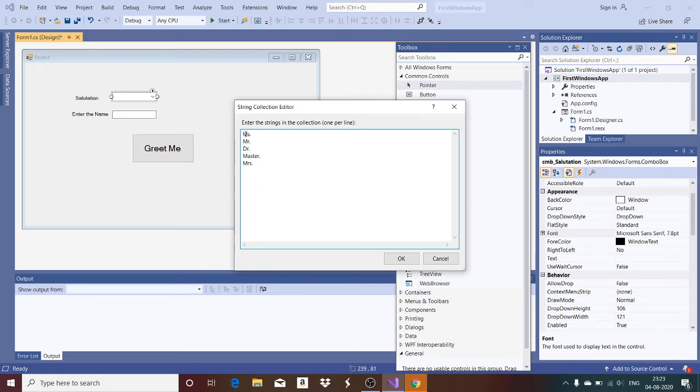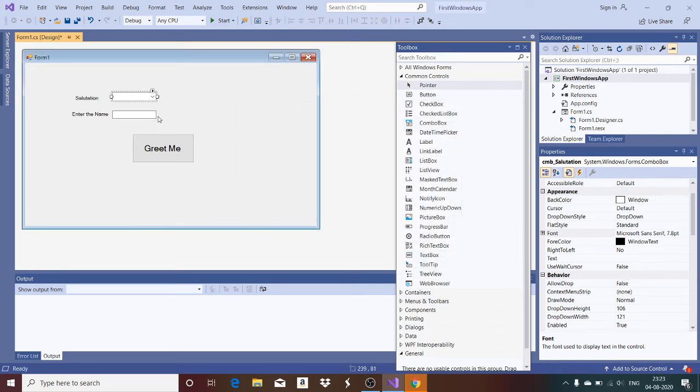For each item, give it in a separate line. Click on OK. Now your combo box will have all these salutations.